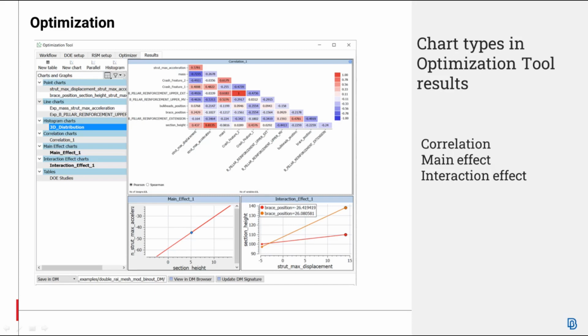The main effect plot represents a response mean for each factor level connected by a line. Steeper slope of the line means greater main effect, while horizontal line means no main effect. The interaction effect plot presents how the relation between response and a factor depends on the value of a second factor or moderator.